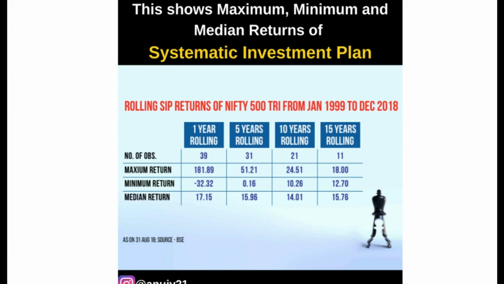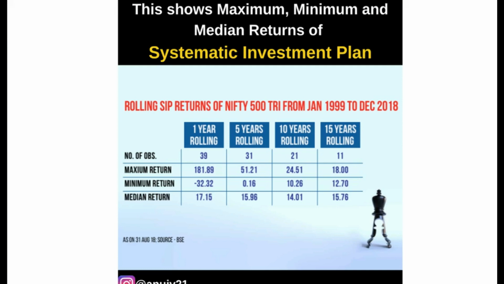That's very good data. As we can see, the maximum and minimum difference has reduced a lot compared to 1 year, and compared to 15 years there is a huge difference. And that's why SIP has been providing stability in the long run and giving phenomenal returns for long-term